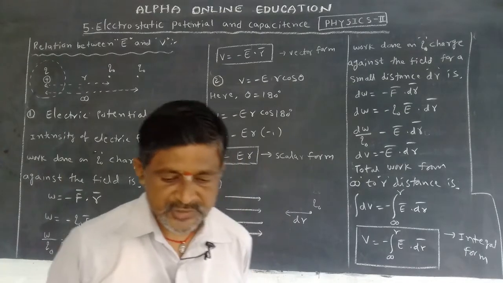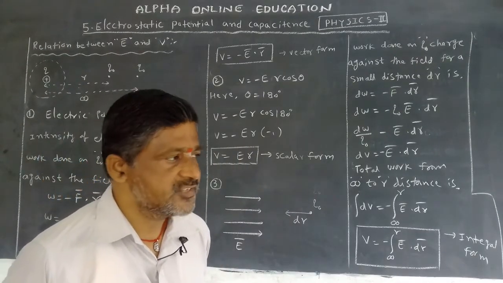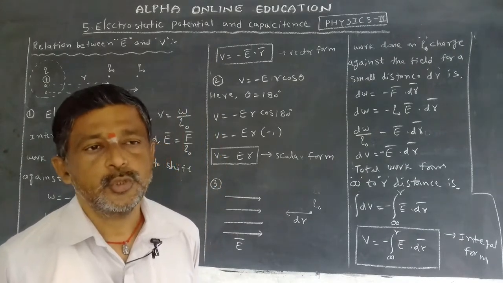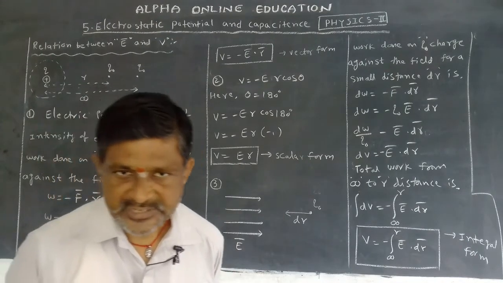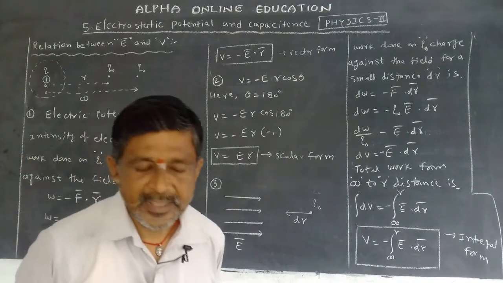Another one we also derived, that is an important question, that is V is equal to 1 by 4 pi epsilon naught Q by R. These topics we studied in the last class. And next, one more I also explained. Again I am repeating that